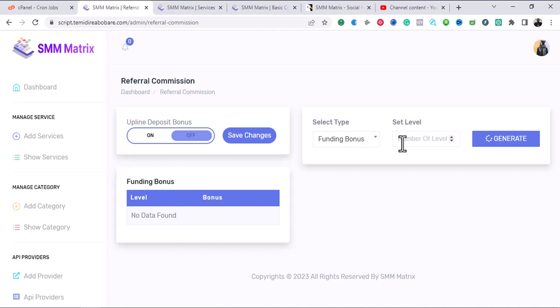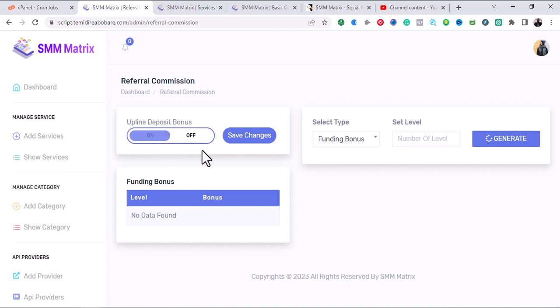Any of your users that refer customers are going to start receiving commissions. Okay, like here,